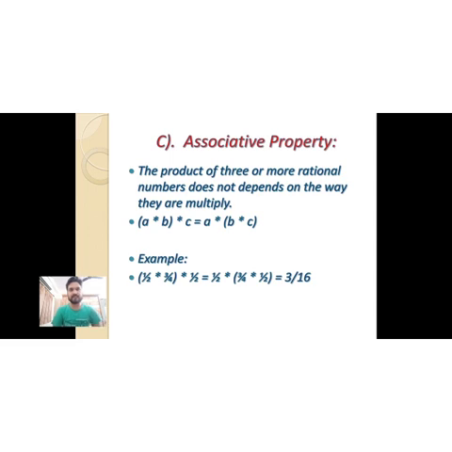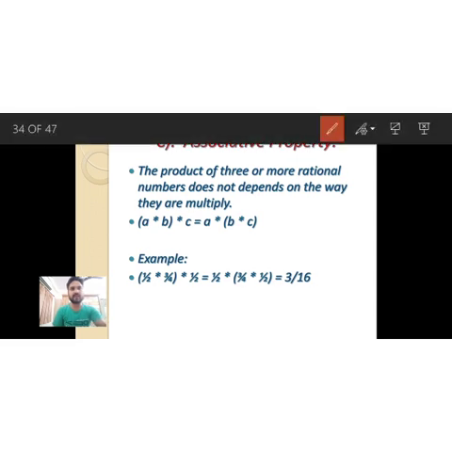Associative property, same. The product of any three or more rational numbers does not depend on the way they are multiplied. Means same as in the addition associative property: if we have to add a plus b plus c in a different form, there is no change in the answer. So in the associative property of multiplication, here also a into b into c, if we multiply a into b first, then multiply with c, or if we multiply b into c first, then multiply by a,